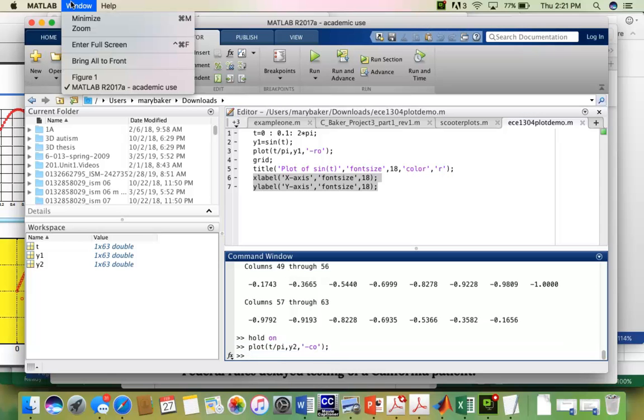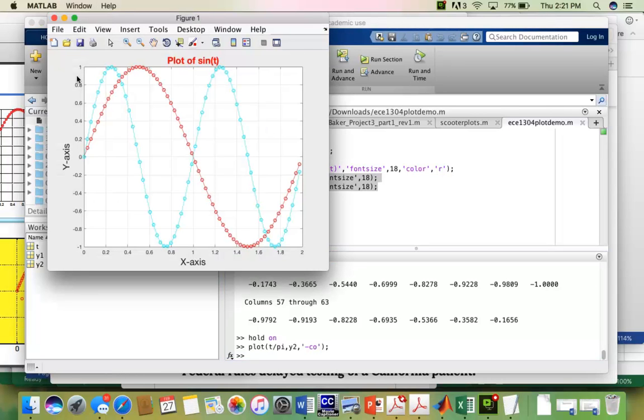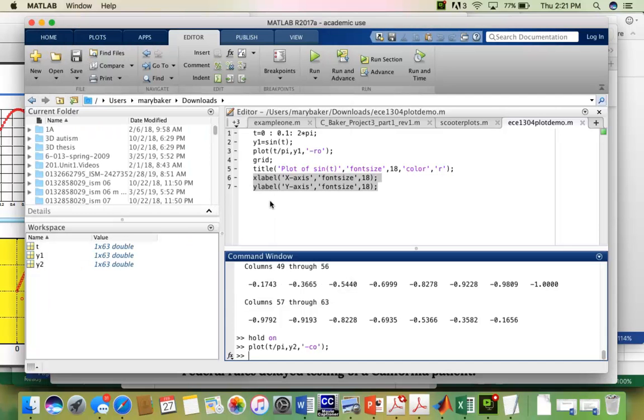So if I now pull up to my window, if I pull up figure 1, you can see it's plotted here the blue line, which is our cyan line, along with the red line, which we've plotted, a different function onto our existing graph. So basically the point is you can manipulate things like your title, etc. on a MATLAB plot in order to make some really nice looking